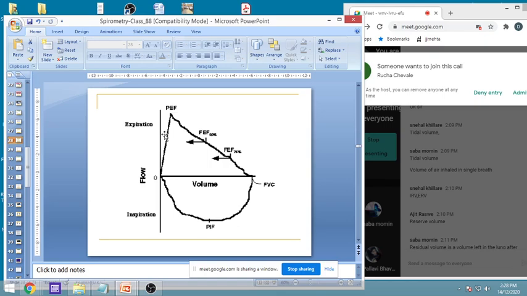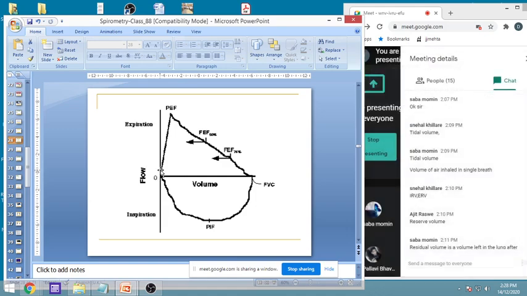Now these two curves are put together, and accordingly we have flow versus volume. So what happens at expiration and inspiration? At expiration, because air is coming to the meter, you will find that it is increasing, and at inspiration it is a minus figure, because you are taking air from the machine. Here you have the peak expiratory flow, where you have reached the maximum, that is PEF, and slowly then